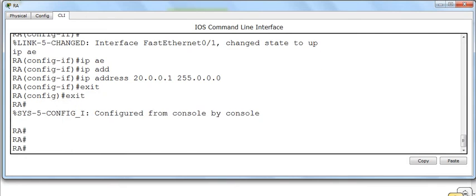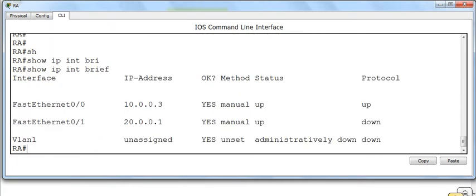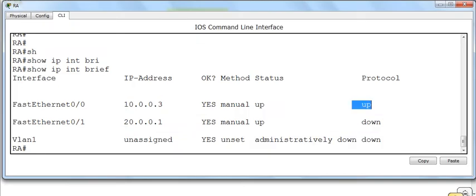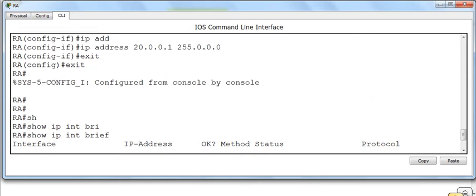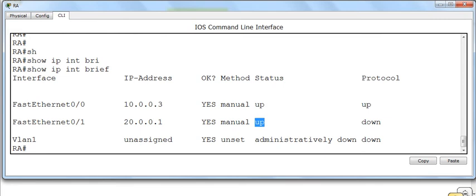Now, if I run show ip interface brief, I can see that 10.0.0.3 is up, which is connected to a switch, and the switch is up, line protocols are running, that's why it is up. Whereas for 20.0.0.1, just the status is up because I said no shutdown under 0/1, but the line protocol is down.